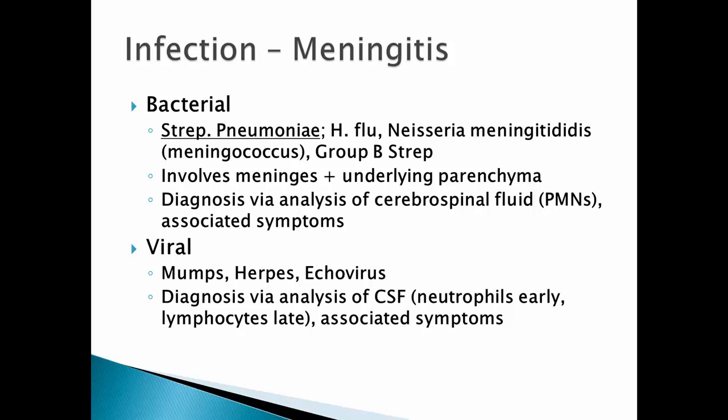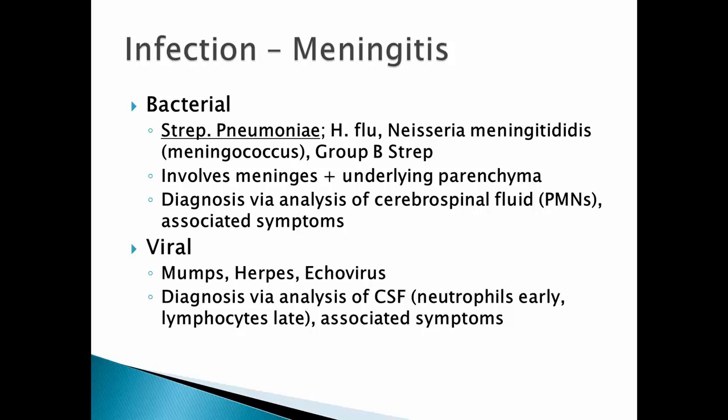Let's start then with infection. When we think about infection within the neurologic system, the two big ones are meningitis and encephalitis. When we think about meningitis, remember this is infection and inflammation of the meninges. And this can either be a bacterial infection or a viral infection. In both of these, a meningitis infection has a rapid onset, which is very different from encephalitis, which has a